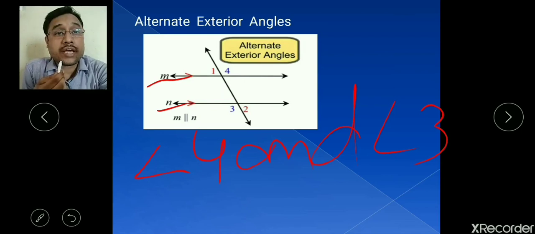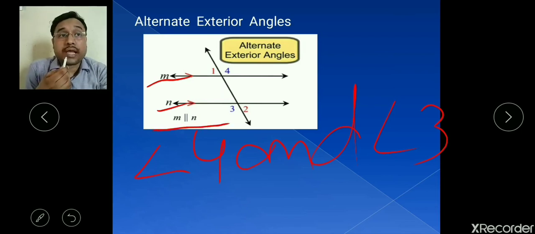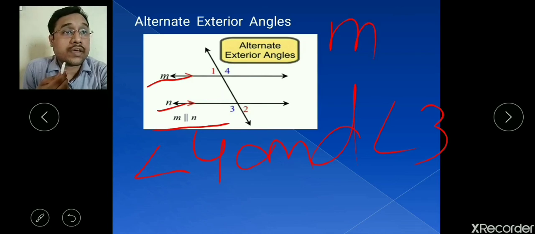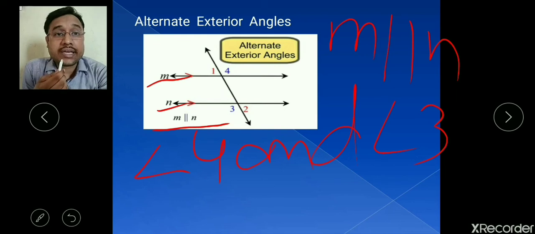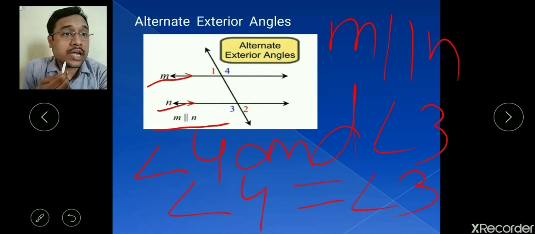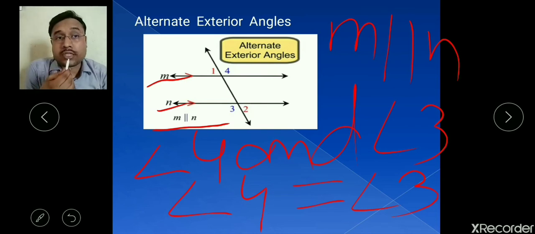If M is parallel to N, then in that case angle 4 is equal to angle 3. That means each pair of alternate exterior angles are equal